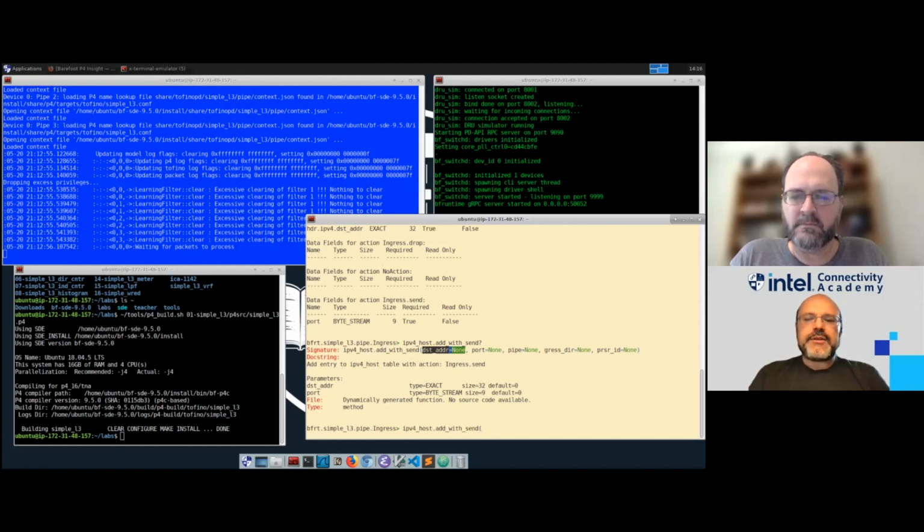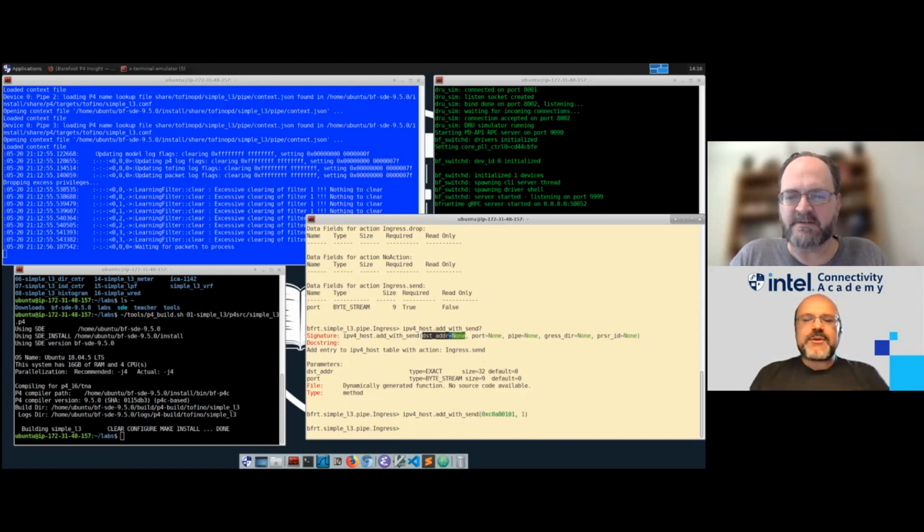So here we can do it. And of course, we can do it, for example, for the address 192.168.1.1 and send the packets to port 1. And you always think in hex, right? Well, yes. If that's too cryptic, remember this is Python, so we can always say, for example, from